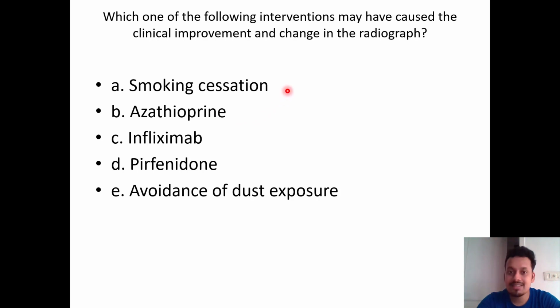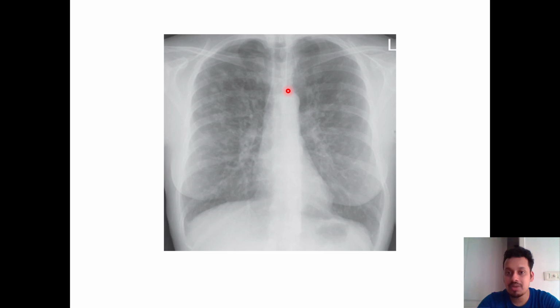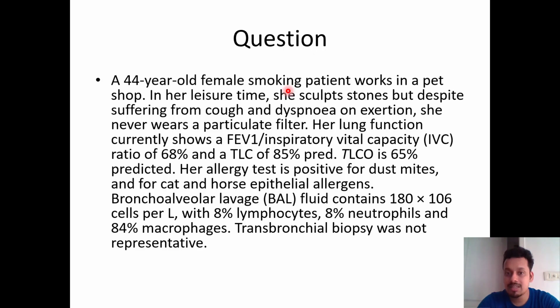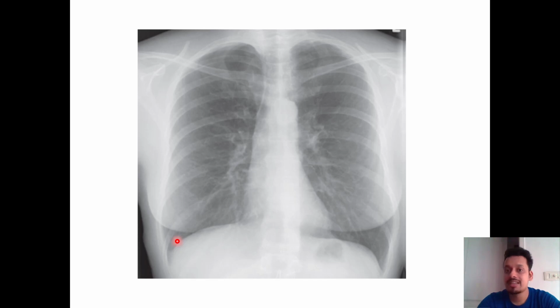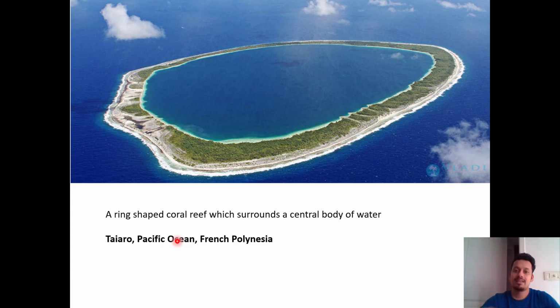The correct answer is smoking cessation, and the diagnosis, although there is no HRCT available, in such a patient who is a smoker and has BAL with 84% macrophages, which is more likely to be pigmented macrophages, or otherwise called the smoker's macrophages. And the only intervention usually required is to stop smoking. Steroids will help to hasten this process but are not essential.